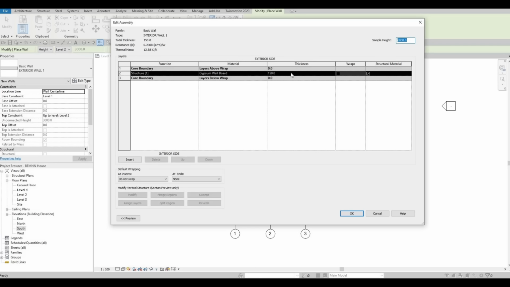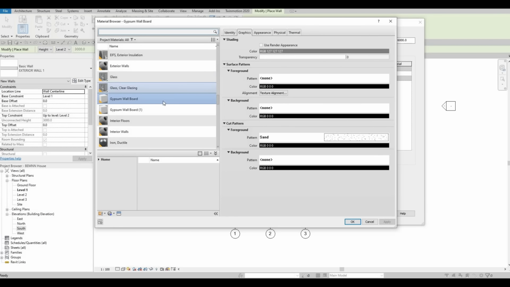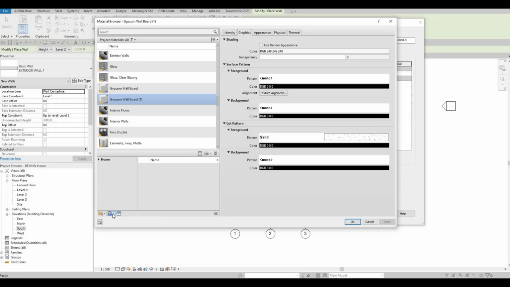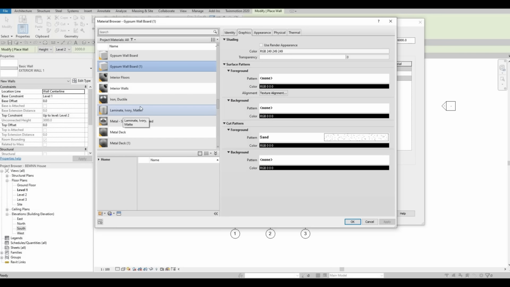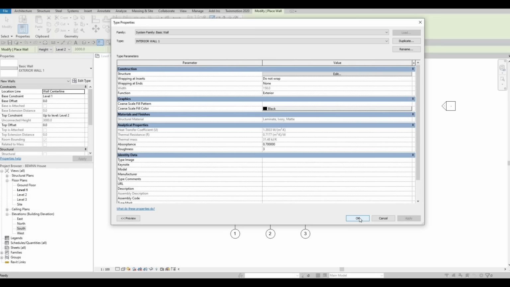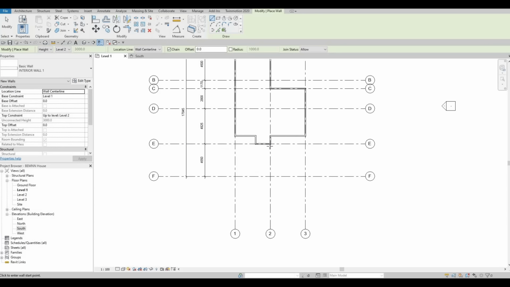I like the thickness to be the same, and then here under materials, maybe we could just put another gypsum wallboard. We could duplicate this if we want to, create a duplicate, so it's up to you. You can even choose laminate ivory mate, so it's really up to you. Let's choose this so that we could just differentiate later on. So here I'm gonna press OK, OK,